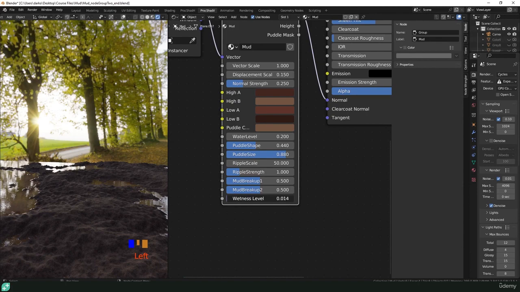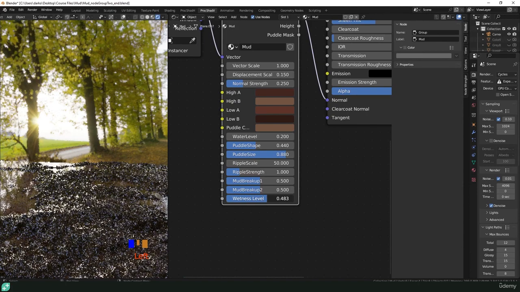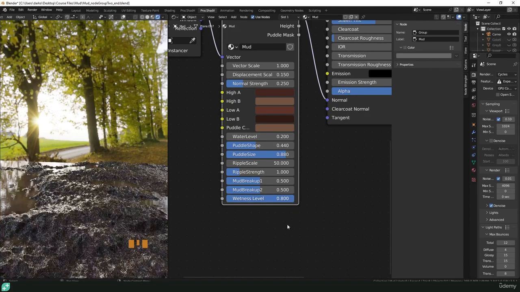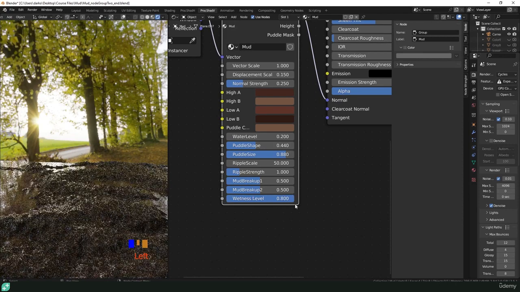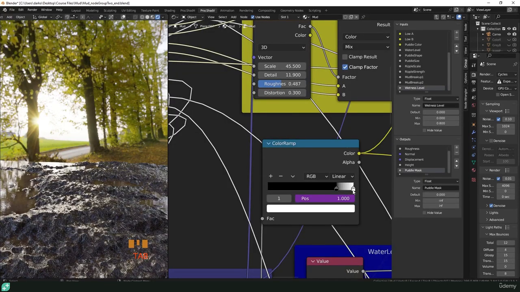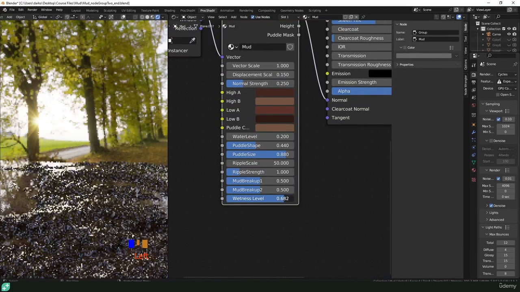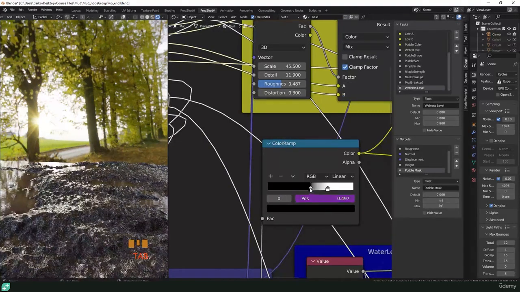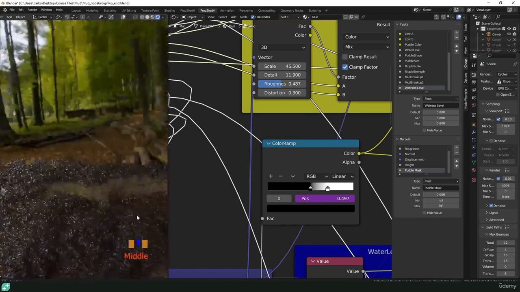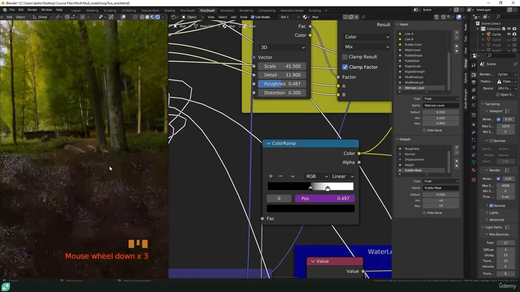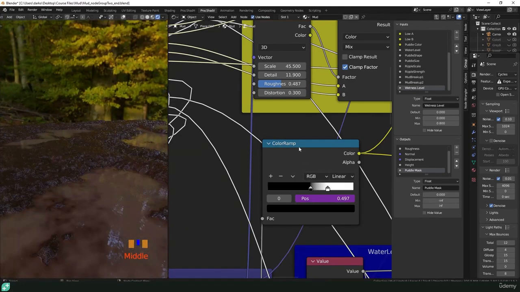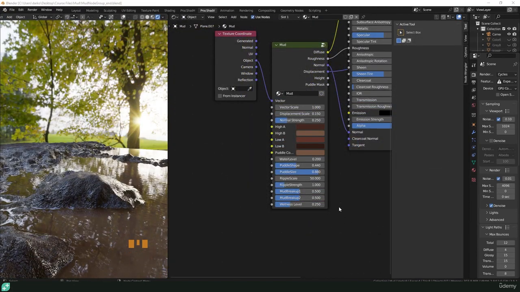And if we increase our wetness level, you can see that we can increase this all the way up to 0.8, but no higher. And if we look in, you can see our white flag is now at 1, our black flag is at 0.8. And if we decrease this down a little bit, tab back in, you can see these are still the same distance apart. This has given us that little bit of fall off where our mud values go from wet to dry. So now that we have our water level controls, our puddle, our ripple, our mud breakup and wetness level controls all completed,